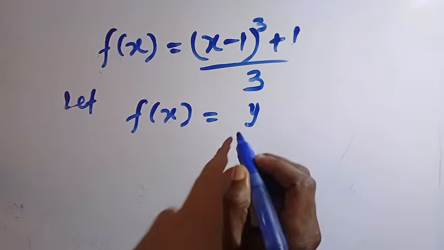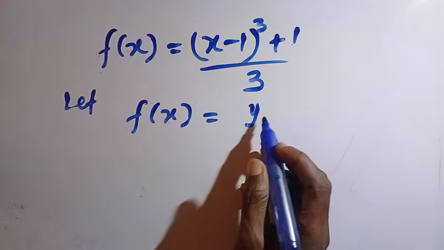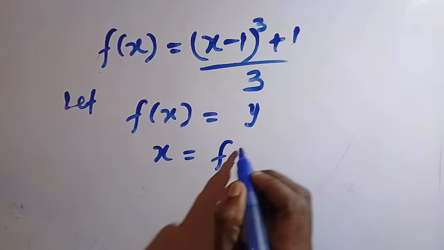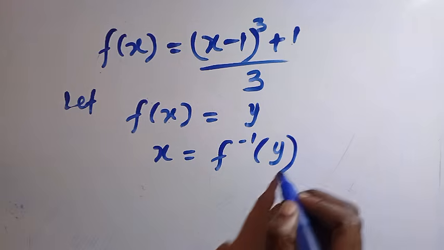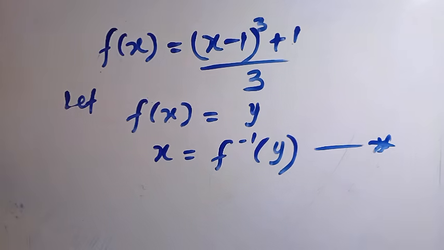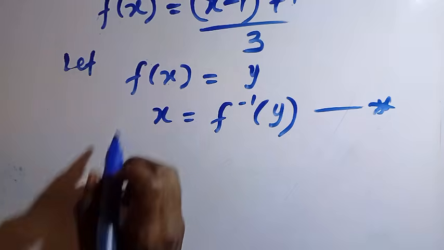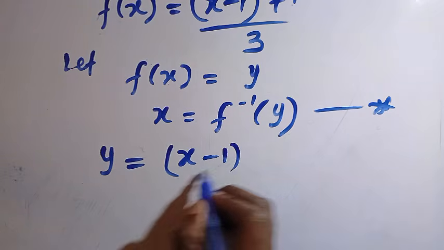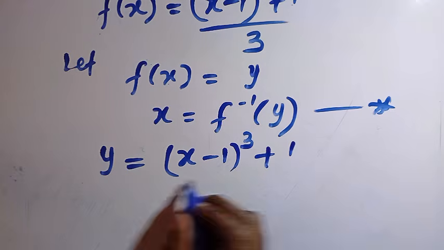it's not necessary to be y, we can choose another letter as well, but I prefer y. Then let's take the inverse of both sides. We have x equals f inverse of y. So therefore, for f of x, which is y, we have (x minus 1) to the power of 3 plus 1